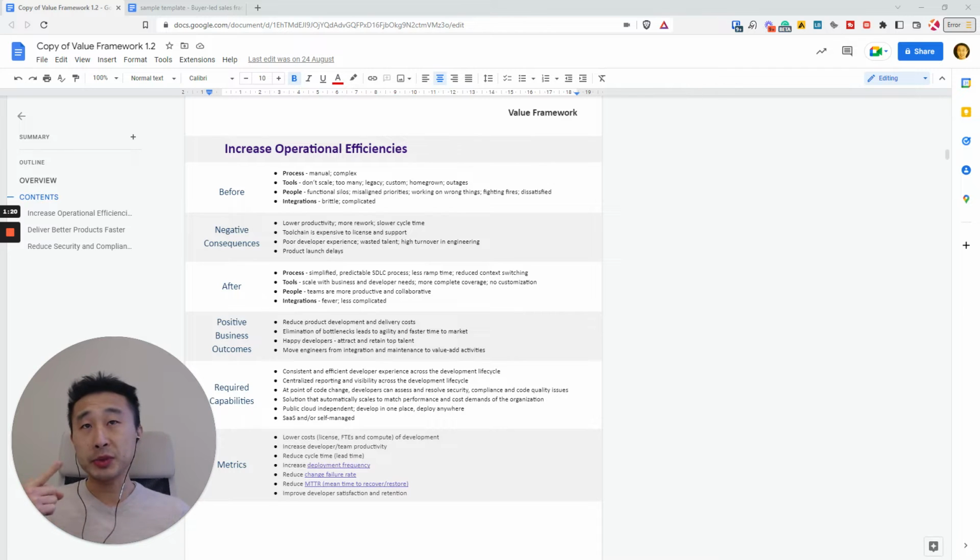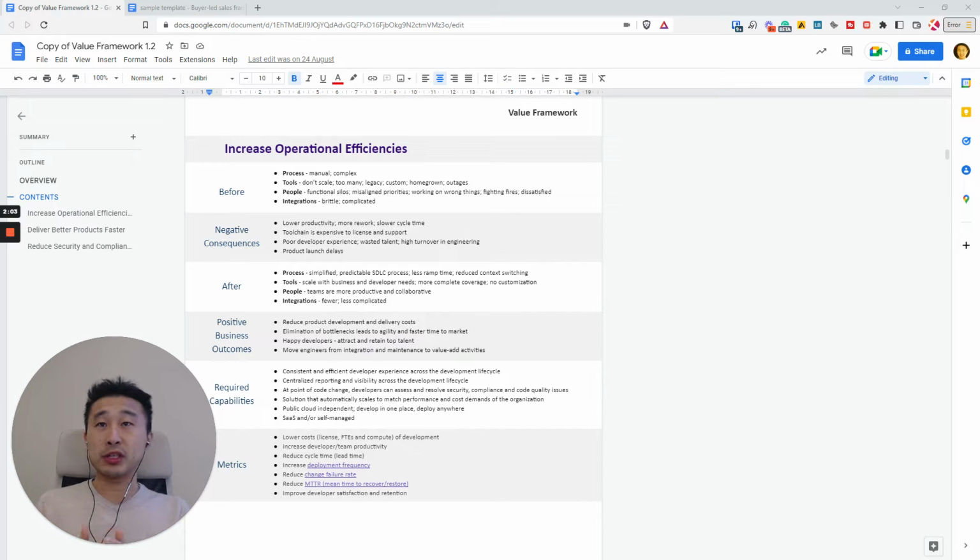After value driver, there will be the before scenario, and in this maybe you have a manual process. You don't have a tool, or it's multiple different tools, and also the tools don't scale. Maybe legacy. You are building out your own custom tools, and then it's not reliable. And maybe some team use this and some team use that. Misaligned priorities, and you can see that. So this is basically, you picture what's their current situation before having your solution, so you can relate to their case,